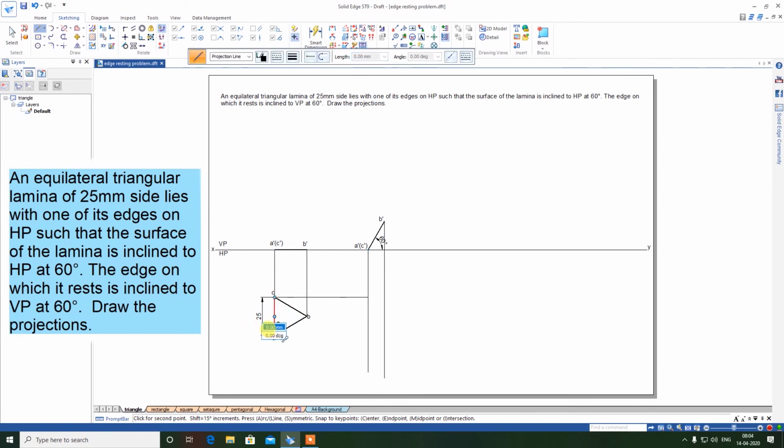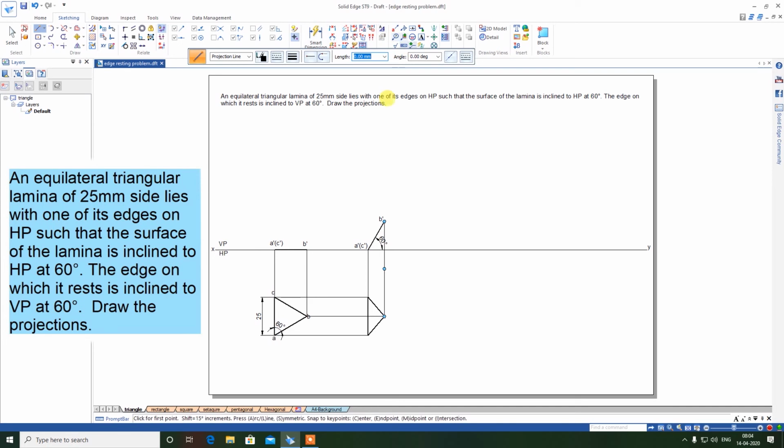A is on this line, you draw till that. Then trim extra lines. Now take line, thickness 0.5, this end to this end. Now our top view is completed.